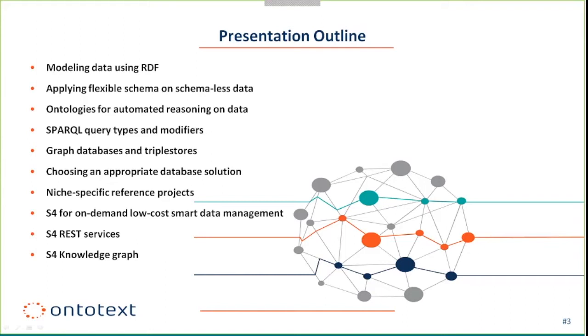And in addition, of course, we'll talk about the difference between graph databases and triple stores. The difference is not very huge. And also we'll describe how you can choose an appropriate database solution based on which stage of your product design you are currently at. We'll mention a few of the reference projects, and